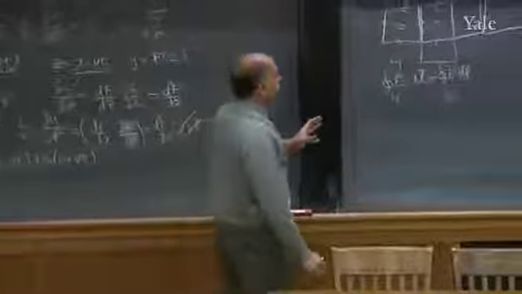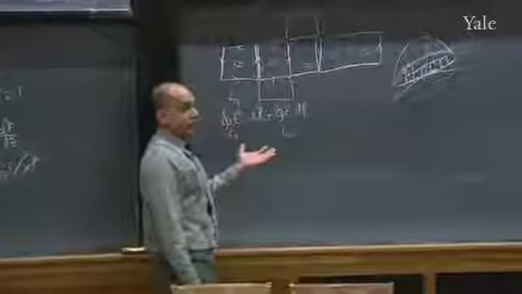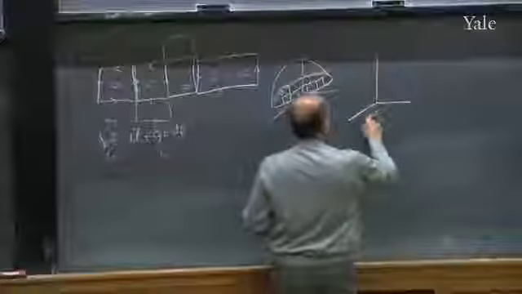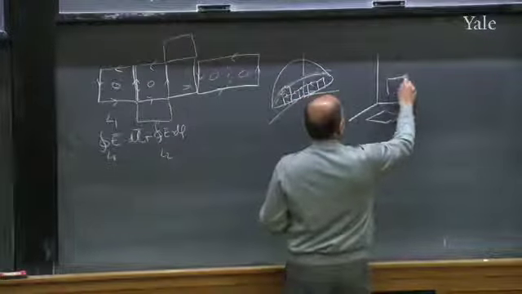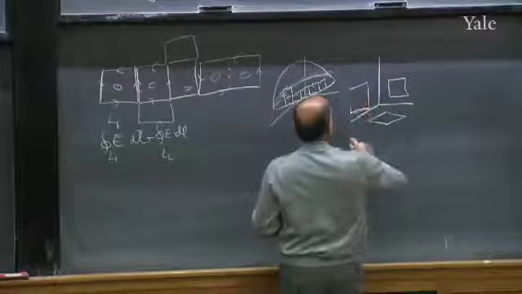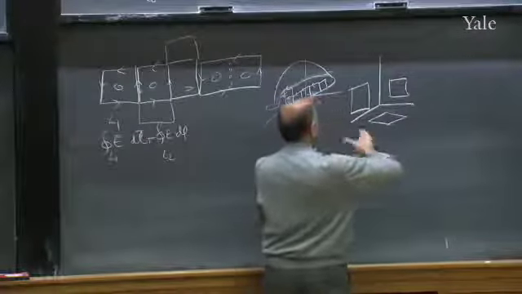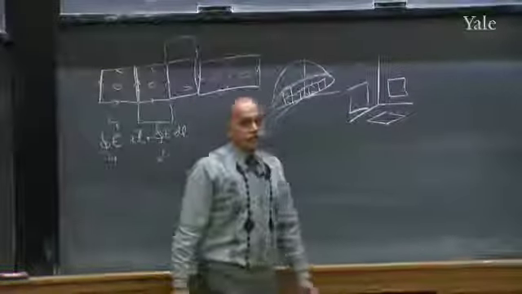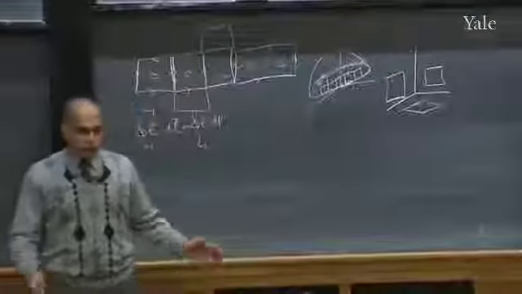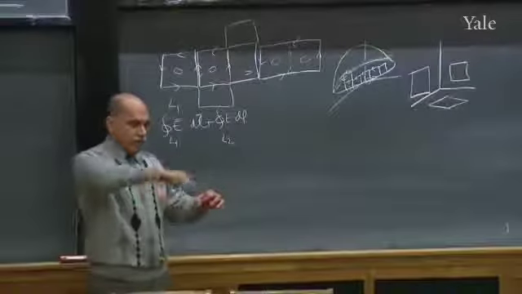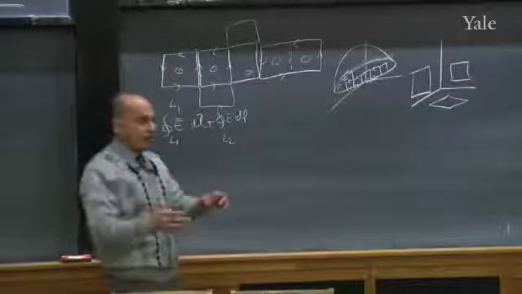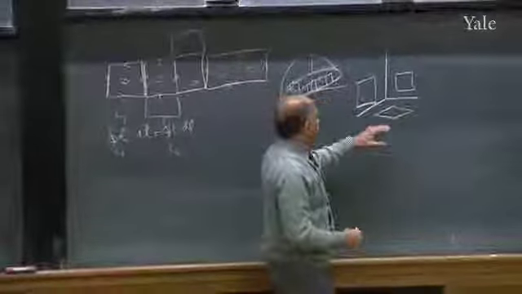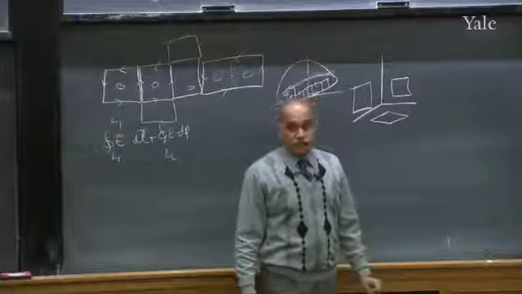But now you should be ready for loops that are not lying in the xy plane. So you will have to prove it for the 3 independent loops. You will have to prove it for an infinitesimal loop in that plane, infinitesimal in that plane, infinitesimal in that plane. If it's true for 3 independent directions, then by combining those little pieces, you can make yourself any surface you want. In other words, I'm saying that given a rim, you can build any surface with the rim as the boundary if you can take the little flat pieces in any orientation. And it's enough to have them in the xy, yz, and zx planes.